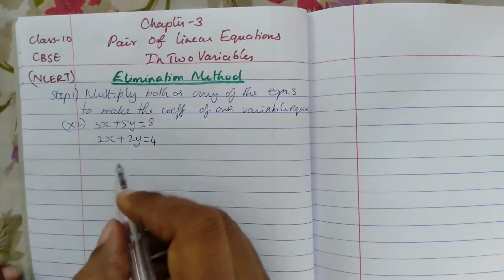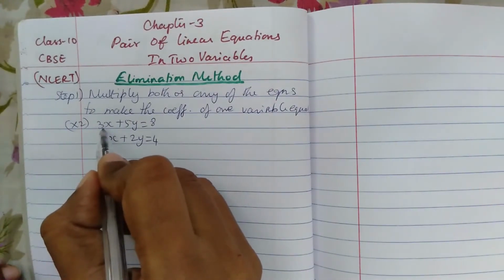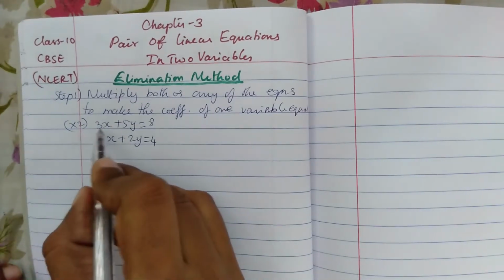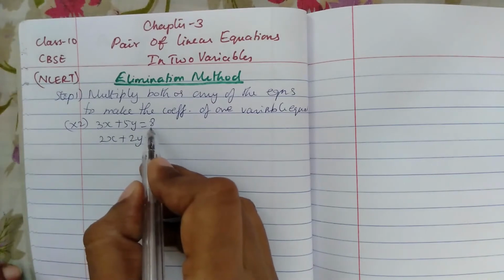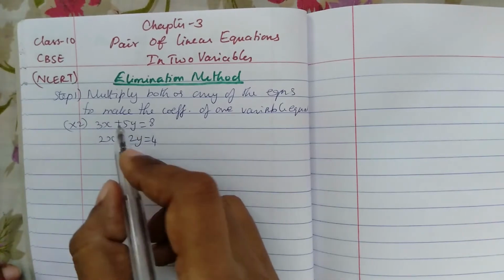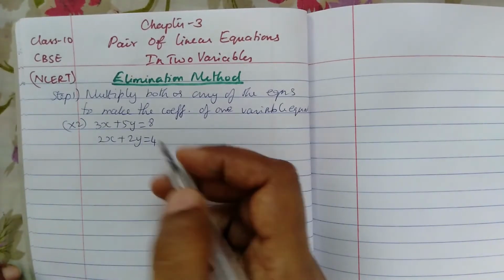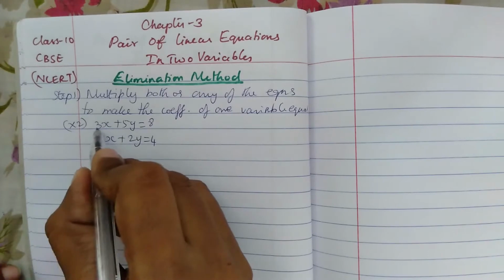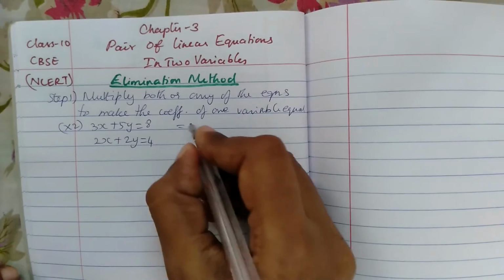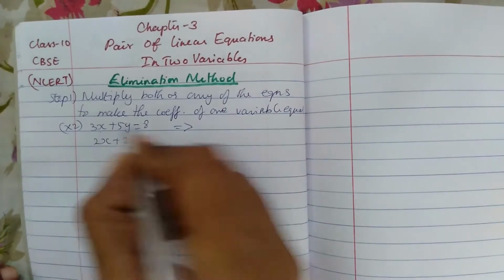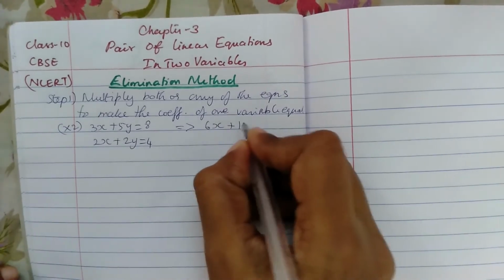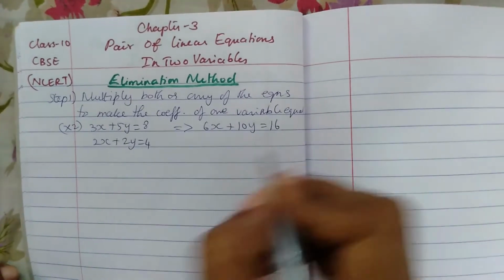One more thing is, if I am going to multiply this by 2, I will have to multiply the whole equation by 2. Whenever you do some operation for solving an equation, you will have to do it for the whole equation, on the left hand side as well as on the right hand side, to balance the equation. So I will have to multiply the whole equation by 2 to get a 6 here. So my answer here will be 3 into 2 is 6x plus 5 2s are 10y is equal to 8 2s are 16.